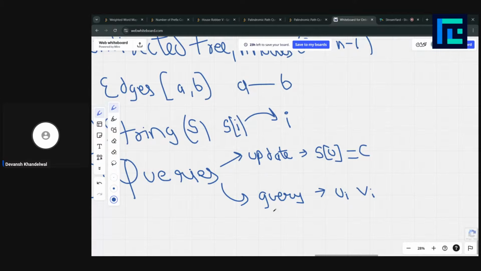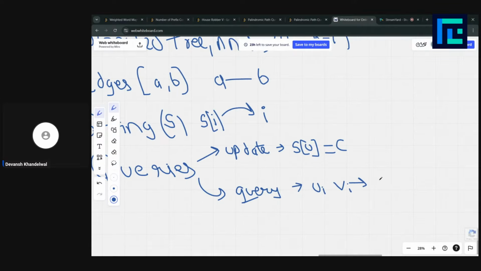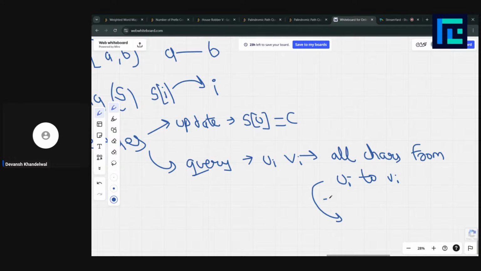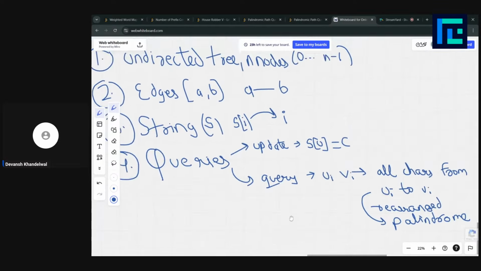And here, this is actually very interesting. We have to calculate if all the characters from the path from u_i to v_i can be rearranged to a palindrome.